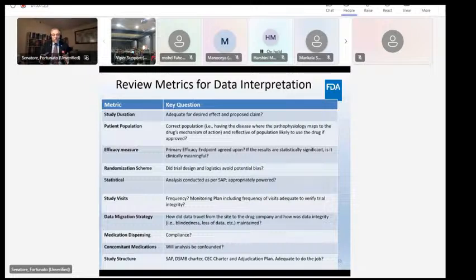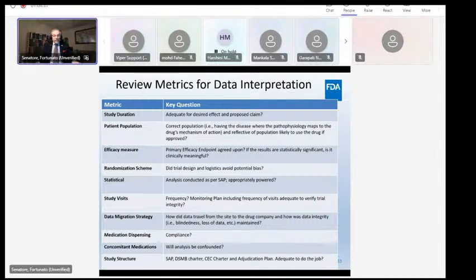How long was a trial? Was it long enough to see the effect that is based on the proposed claim? Is it the right patient population? Was the primary efficacy endpoint agreed upon? If the results are statistically significant, is it clinically meaningful? What was the randomization scheme? There should be a plan, a data safety monitoring board, an adjudication charter, an adjudication plan. Was the governance of the trial adequate to do the job? So these are the things that you look at to ascertain whether or not a trial was well done